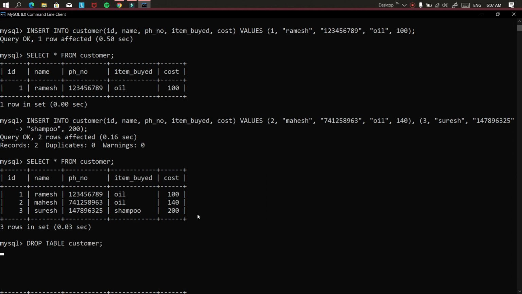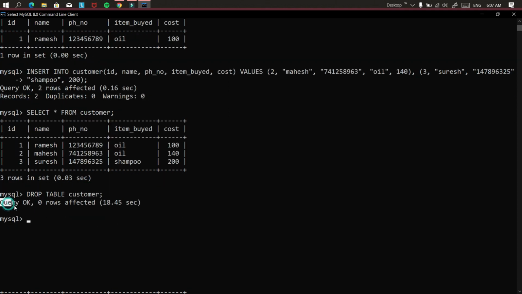If I hit enter, you can see query OK and 0 rows affected. That means my table is now deleted. Now if I check my tables in my database, you can see I am getting an empty set. That means there is no table in my database.